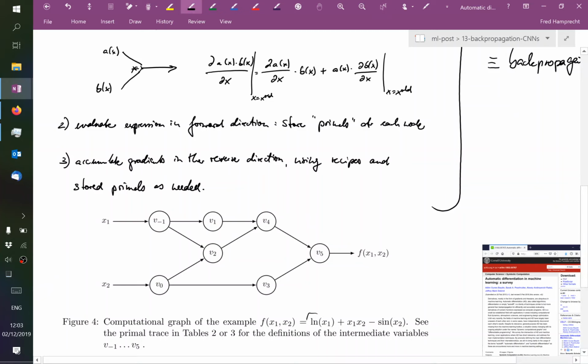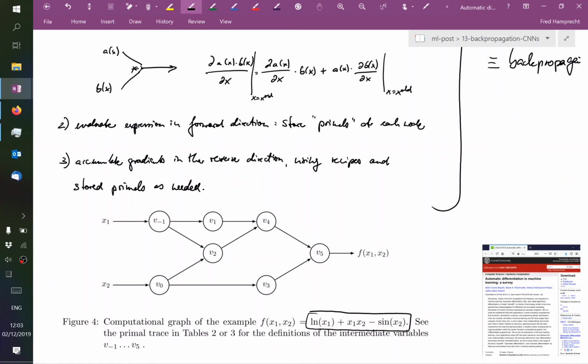Because we have operators and we have results, some computational graphs that people draw have just the operators and the results are stored in the arrows, or vice versa. The nodes are the results and the operators are stored in the arrows. Here in this example that they use in the figure, the operators